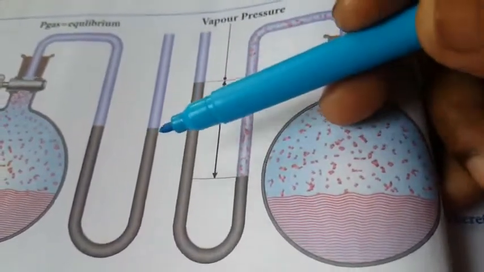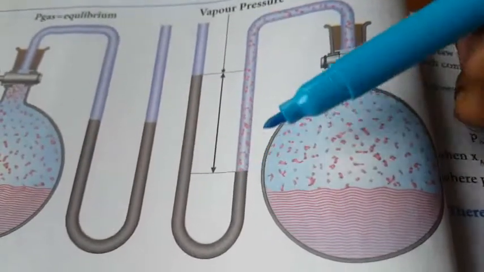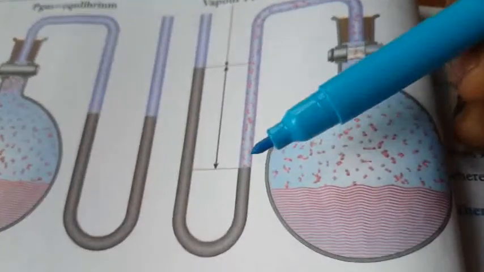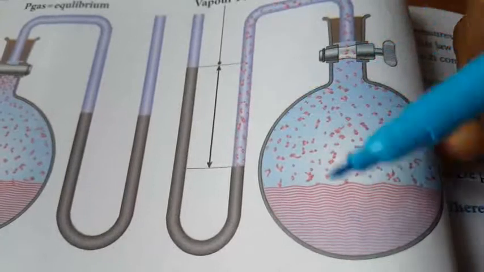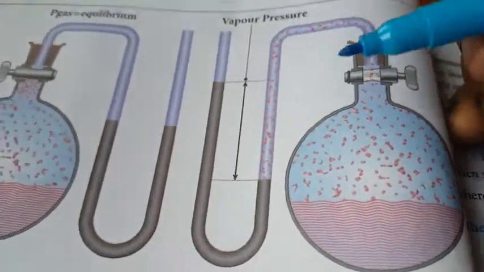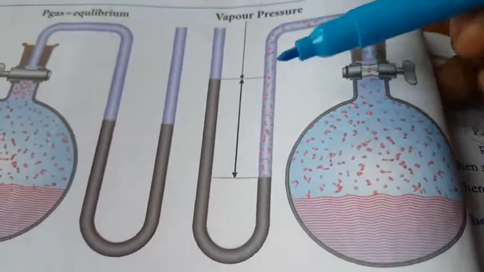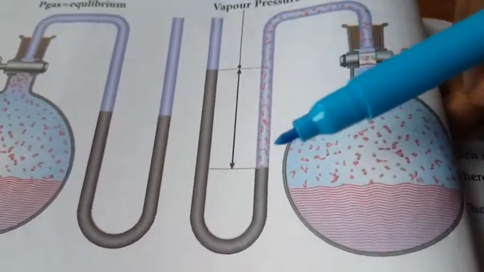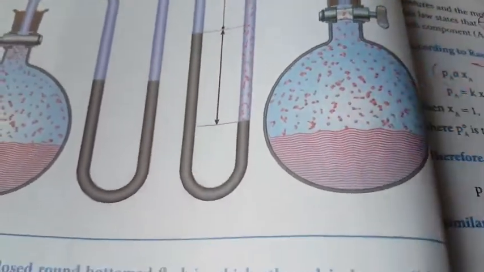First, how much it was before, and after opening, how much it was; the difference is called the vapor escape, that is called the vapor pressure of this ethanol. From this experiment, no explanation is given in your textbook, only the diagram will be given. Okay, so according to this, the released escaped ethanol is equal to the vapor pressure of this ethanol. Okay, so this is another one.